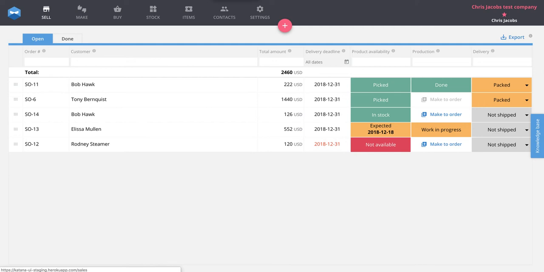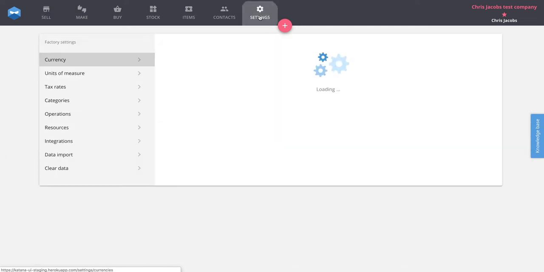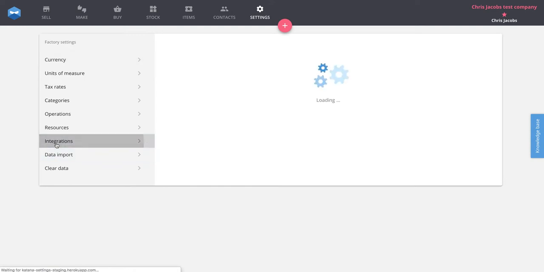We have a huge announcement regarding our QuickBooks integration. This allows you to take sales orders from Katana, push them into QuickBooks, and generate invoices straight from the Katana dashboard. To get started, you'll go into your settings page here and check out our integration section where you'll see